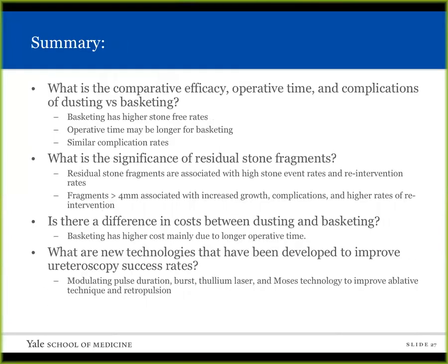So in summary, I just wanted to review the questions that I had in mind. What is the comparative efficacy, operative time, and complications of dusting versus basketing? Some studies have demonstrated similar stone free rates, but a couple have demonstrated that basketing has higher stone free rates. In terms of operative time, the EDGE study showed that operative time is longer for basketing stones in the kidney, but there is one other study that demonstrated that basketing was shorter in ureteral stones, and then all of the studies seem to indicate that they all have similar